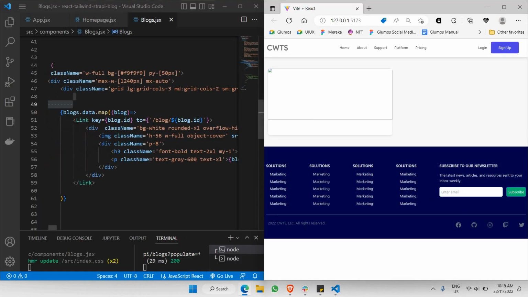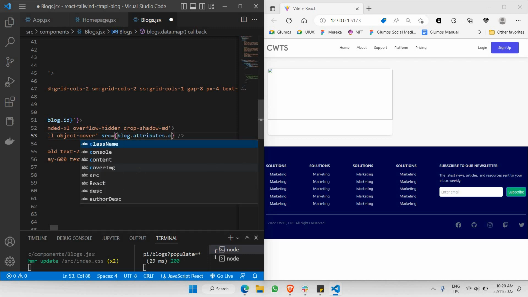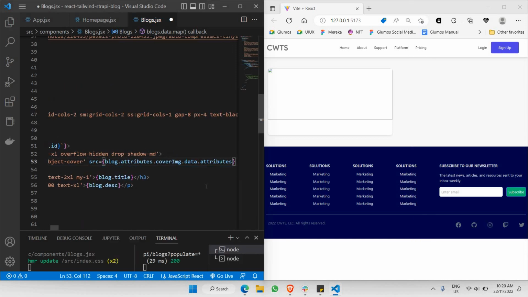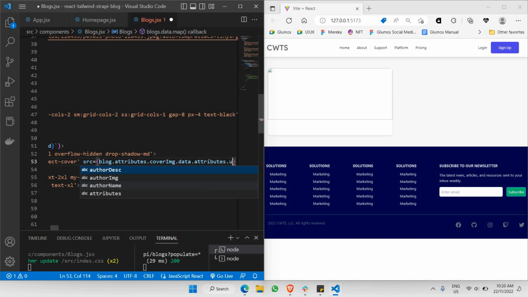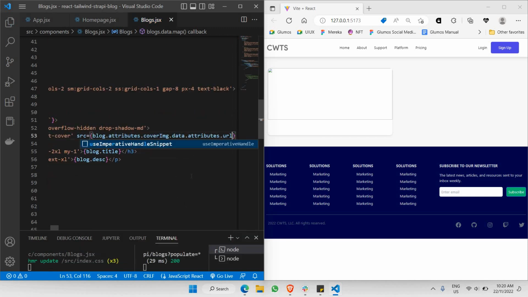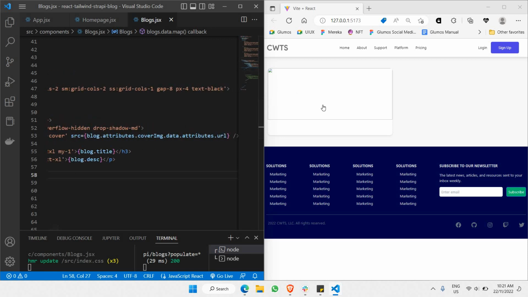So all you have to do is go here, and instead of block cover image, we need to make sure that we place attributes.coverImage followed by data, followed by attributes again, followed by URL, and let's save this. Okay, as you can see here, you must make sure that the source is not actually working, because